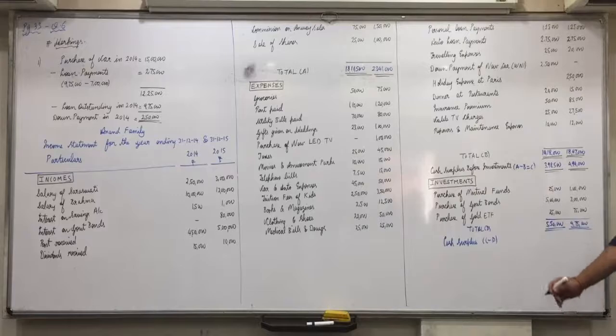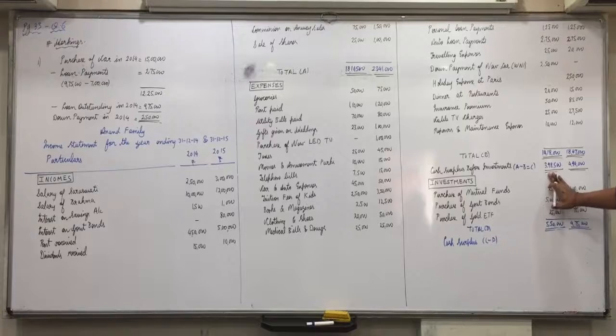Be attentive. You cannot invest 5,50,000 when you are left with only 3,98,500. Then how can you invest? 5,50,000 means there is a short-term borrowing taking place in 2014, and it happens every year, in the month of March generally. If you don't have money, you still want to invest because you need the deduction benefits of Section 80C. If you don't invest that money, you'll land up paying more tax. So even borrow the money and make those payments, and from next year's income you repay the same money.